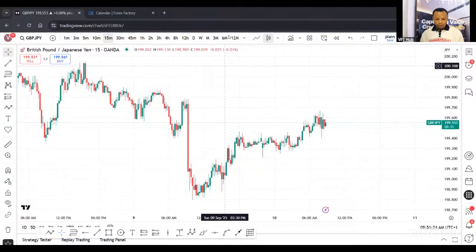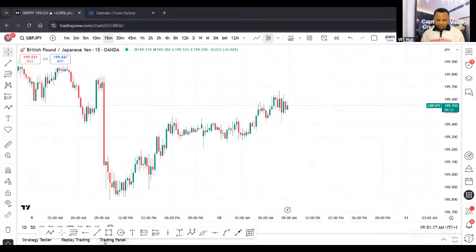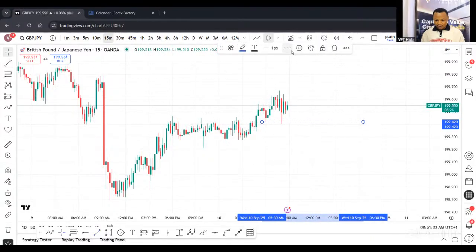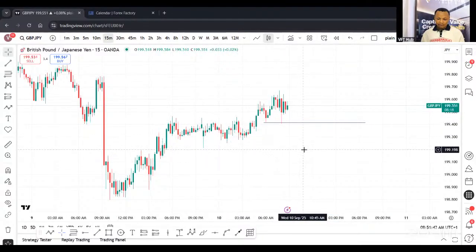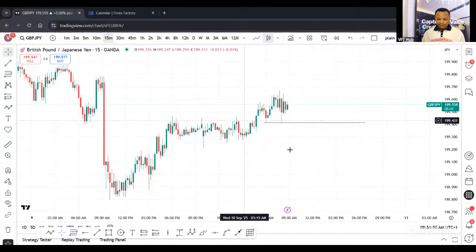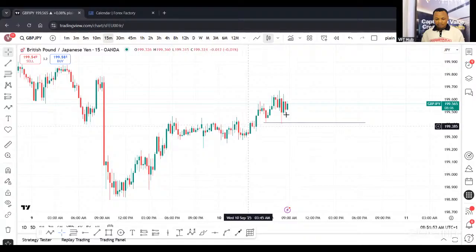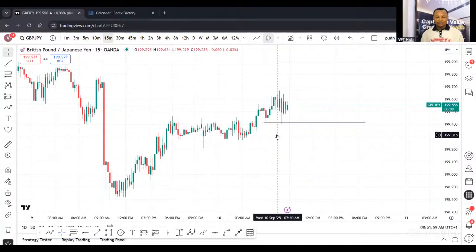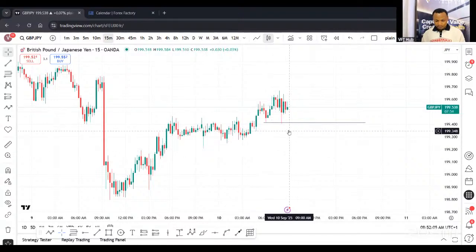By that, I would want to see a clear break of structure. I initially thought the price was going to close below this level here so that I could take my sell. So I would want to see a clear break of structure below this level here. And once I see that, I would want to get a good entry signature, maybe the engulfing pattern or the evening star pattern. Once I see any of these, I'll be executing my GBP JPY sell to the downside, okay? So I'm looking for a sell of GBP JPY right about this same place where price is currently. So I'd advise you to do your own analysis, and if it aligns with what you've analyzed, then let's execute GBP JPY for a sell. Okay, so that is that on GBP JPY.